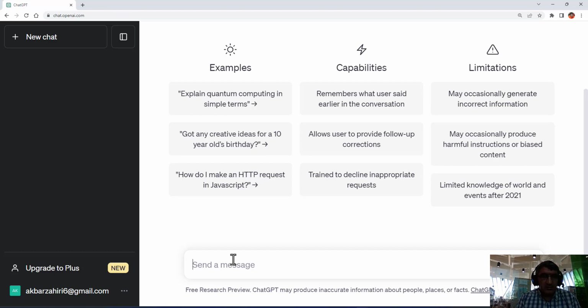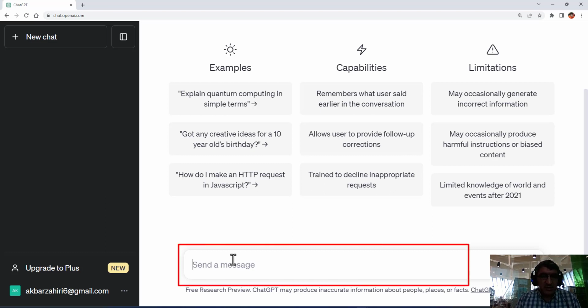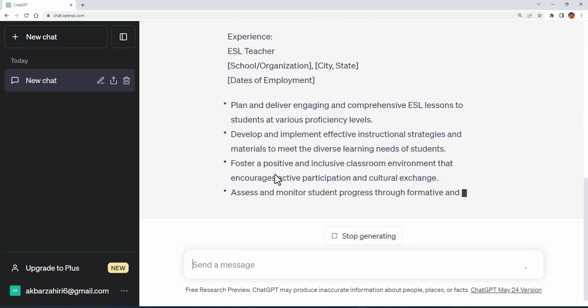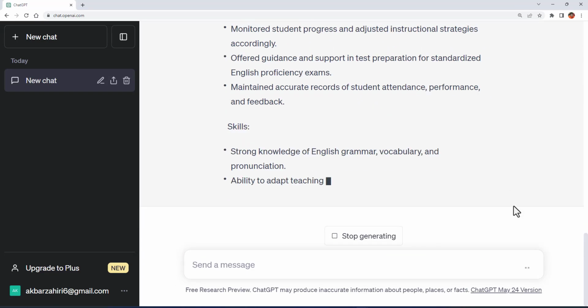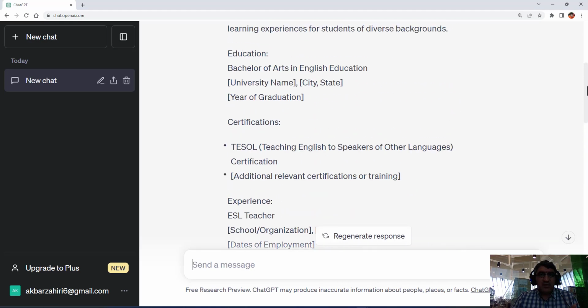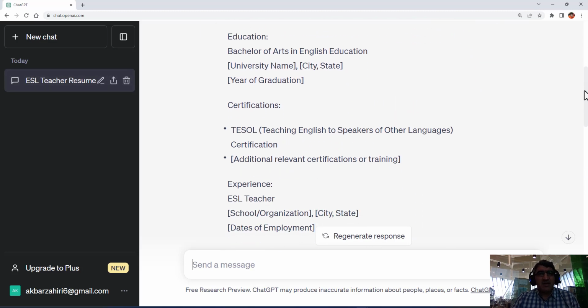From now, you can write your prompts. The question that you are writing here in this section is called a prompt. For example, write a sample resume for an ESL teacher job position. You see, very quickly, it will provide you a sample resume, something like this, but you should make it specific. We will teach you in another section how you can use ChatGPT for writing a resume. This is not